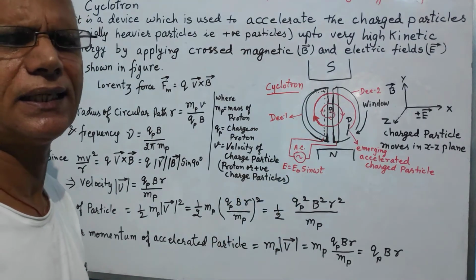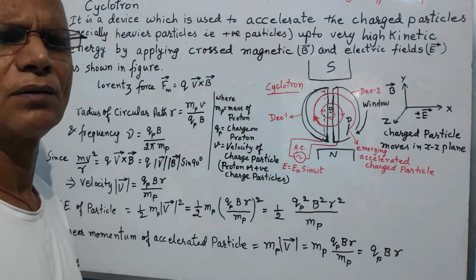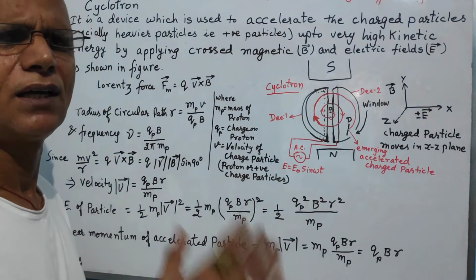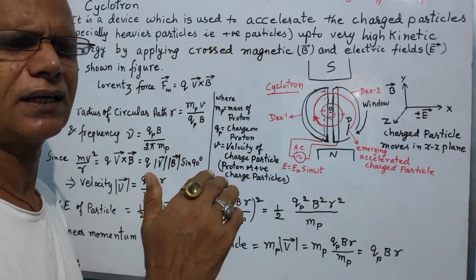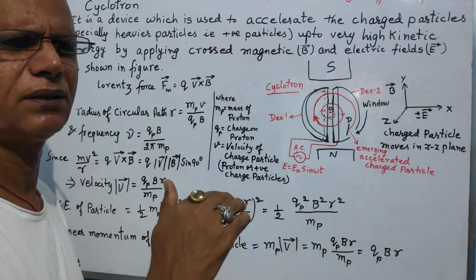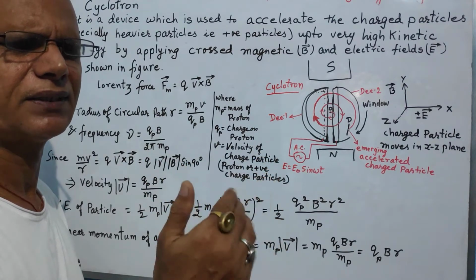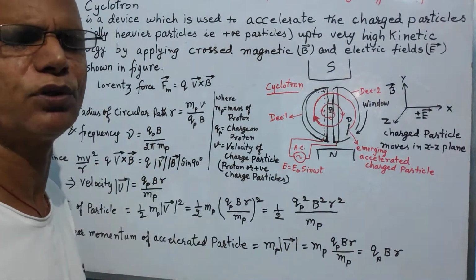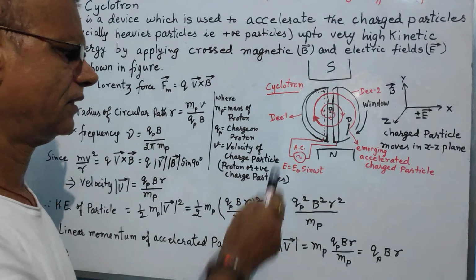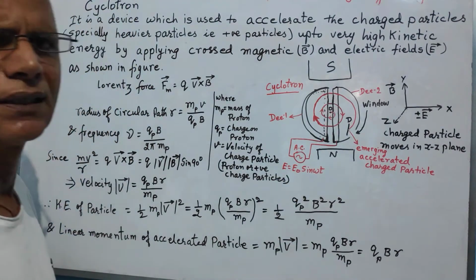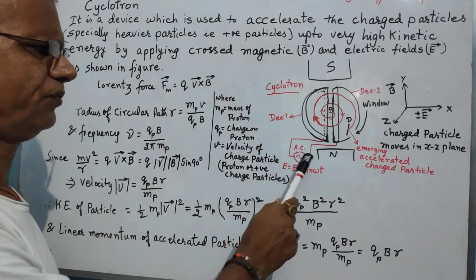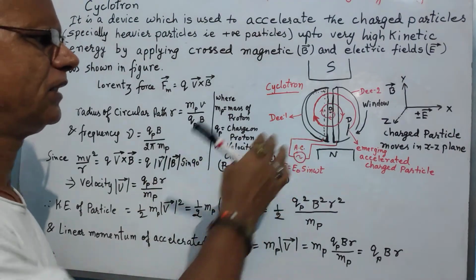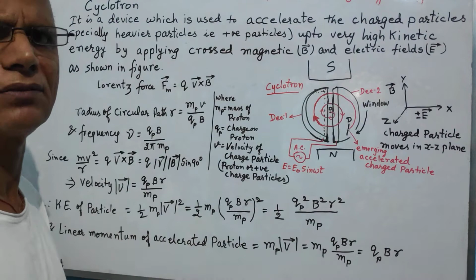Now you can understand that for AC currents we have EMF of alternating nature, and therefore the name alternating current, because at one time it may be positive in one direction, and after some time it becomes negative in the same direction, meaning it keeps reversing its polarity. We will talk extensively about AC in the coming chapters. For the time being, let us take it that the polarity of the EMF supplied to these two D's keeps changing after a regular interval of time.